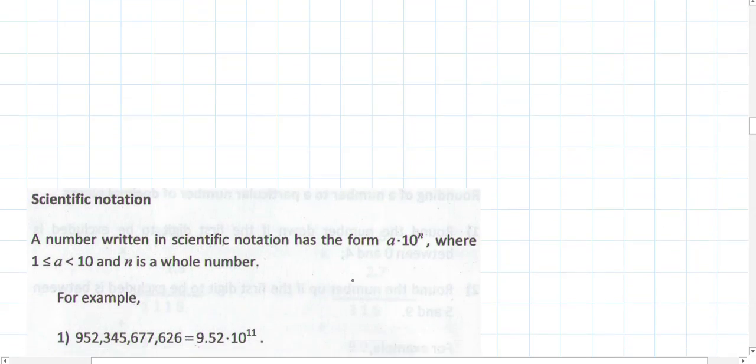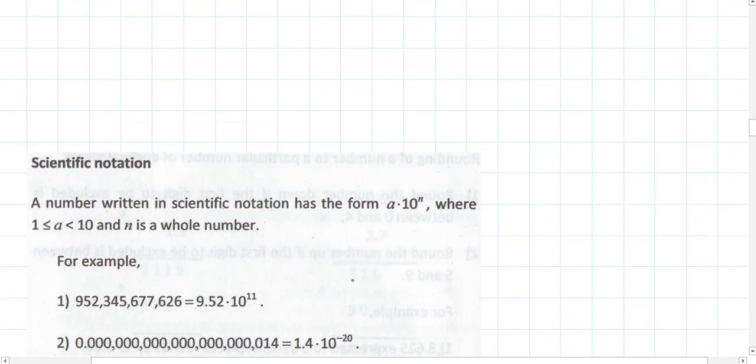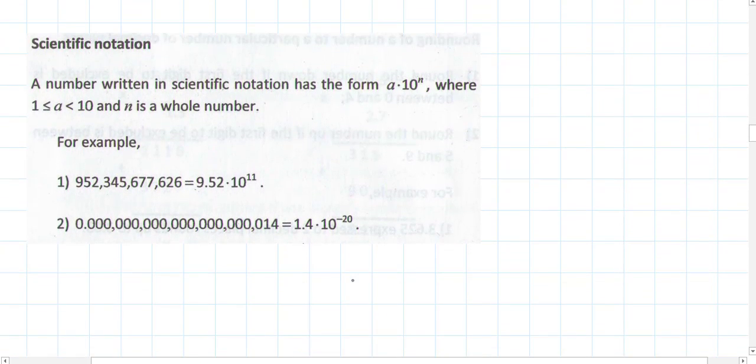Okay, now we have scientific notation. We will use it in physics and in technical work. A number written in scientific notation has the form a times 10 to the power of n, where a is between 1 and 10, and n is a whole number here. So, for example,